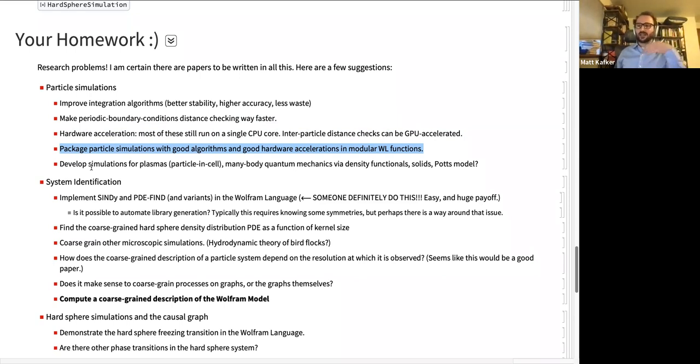And I'm not, by the way, saying this is stuff that you should do. I'm saying these would be really good problems if all of them were addressed, or if some of them were addressed. If you imagine having a built-in hard sphere function that, rather than using my crummy integration algorithm, uses the best in the world. I don't know exactly what that is, and maybe it would be a good project for me to figure out what the best integration algorithm for hard spheres in the world is, and put that in there.